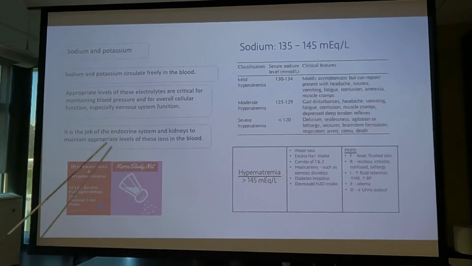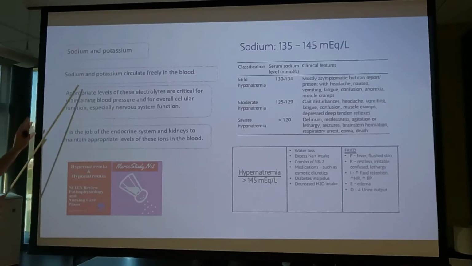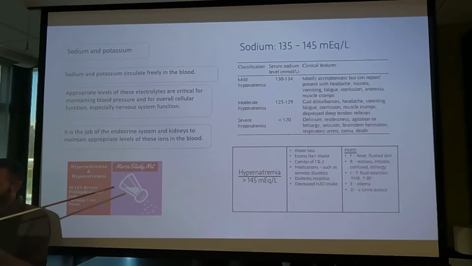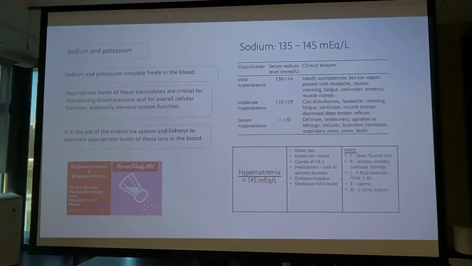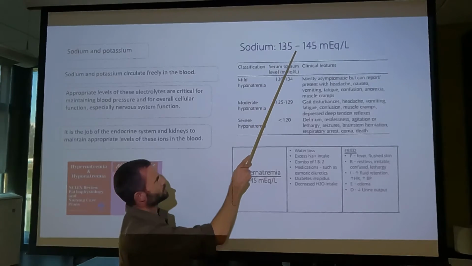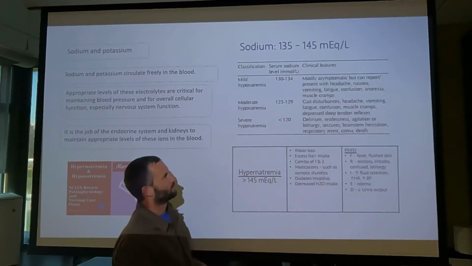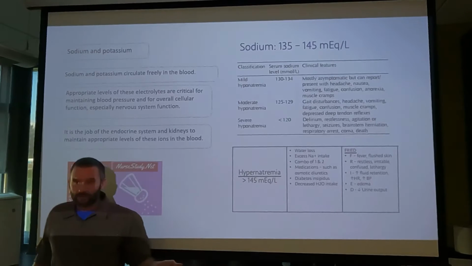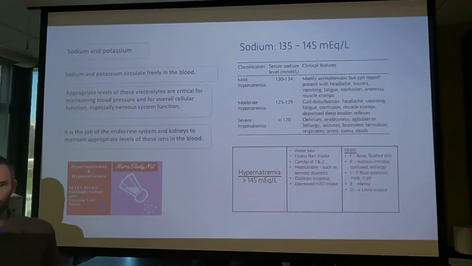And sodium levels in the blood directly affect blood pressure. First of all, sodium and potassium are both things that we want to maintain homeostasis over. We want a certain level of those atoms in the blood. And for sodium, that range is 135 to 145 milliequivalents per liter or something like that. I'm not quite sure of the units here.